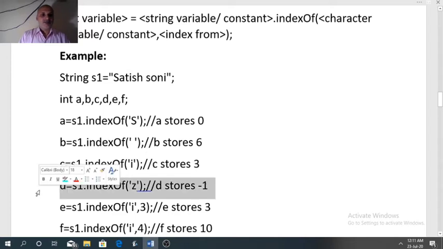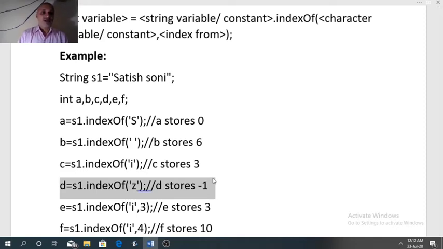Now next example, s1.indexOf('z'). Searching of z will be done from left to right, but it will not find that character. So it may happen that a particular character is not present in the string. In that case, the function will return -1. So -1 indicates that character z is not present.